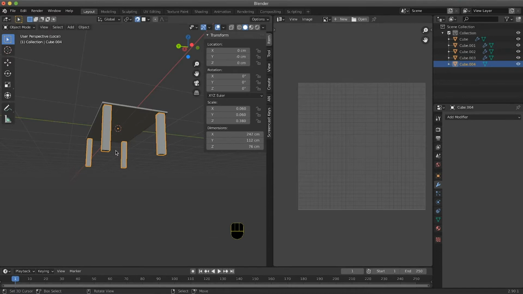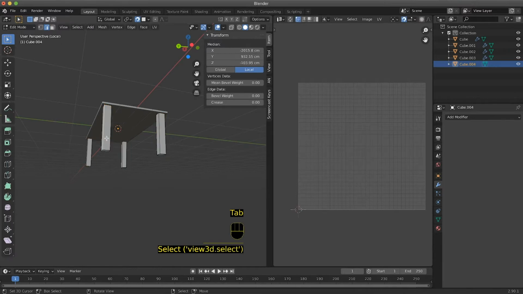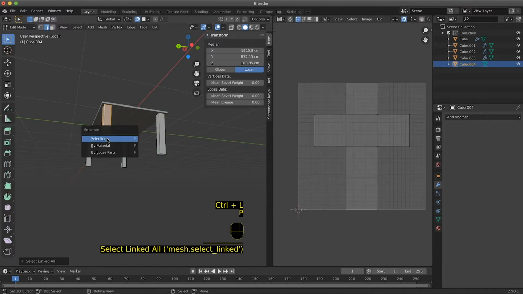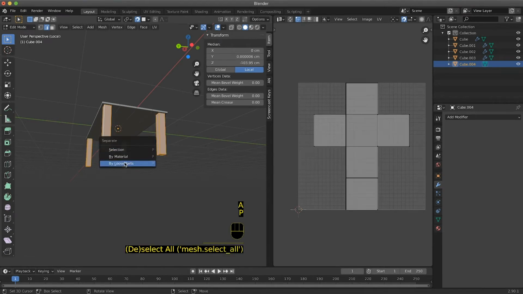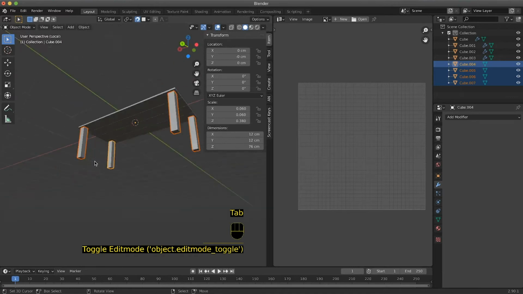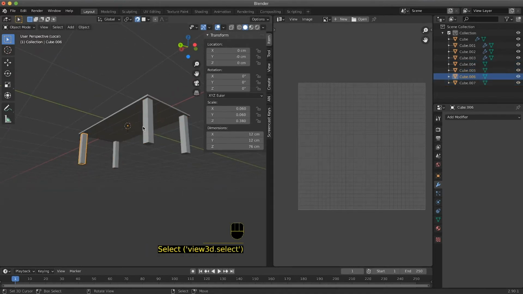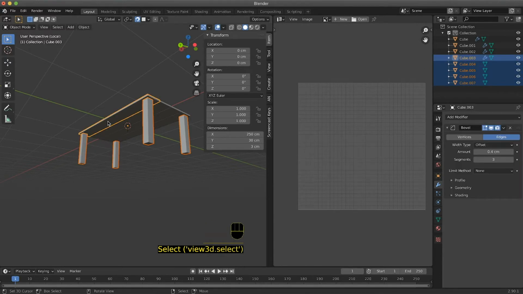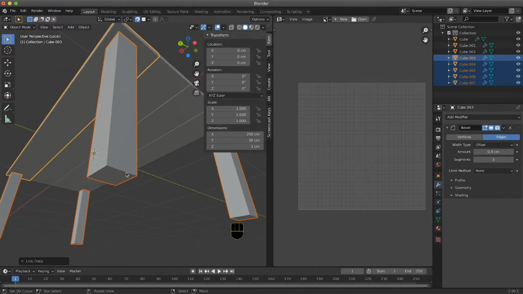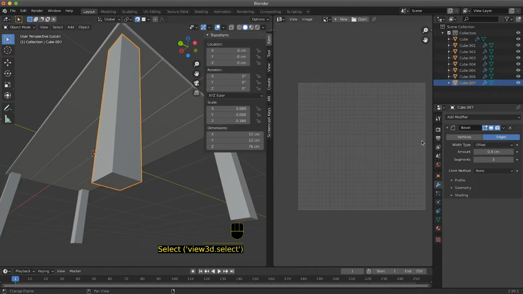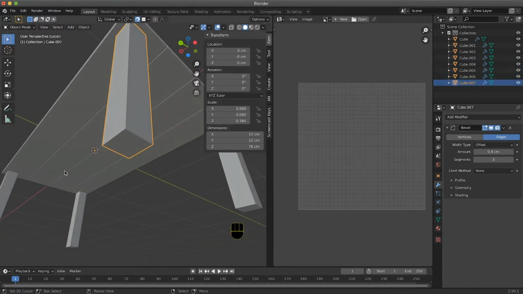But before doing that I will first separate the shapes. So I can select everything, and P, separate by loose part. And in this way I have 4 objects. Then I can select the 4 of them, I can select one of the boards, I can press Ctrl L, and I apply the modifiers as well. So now all the modifiers are applied to our legs.